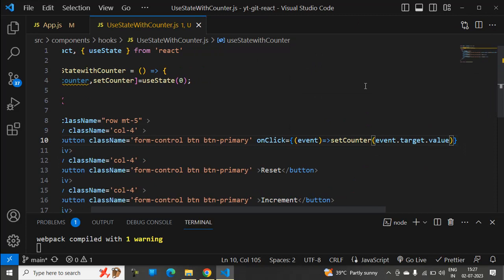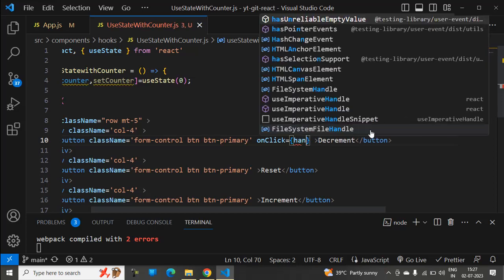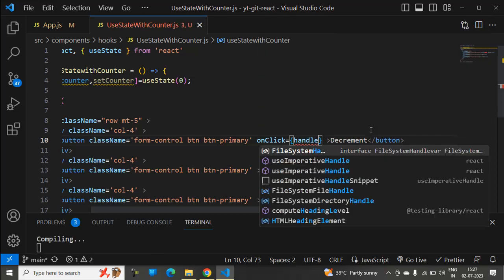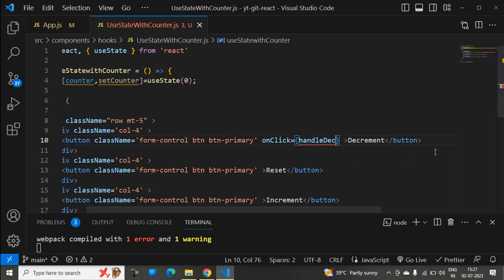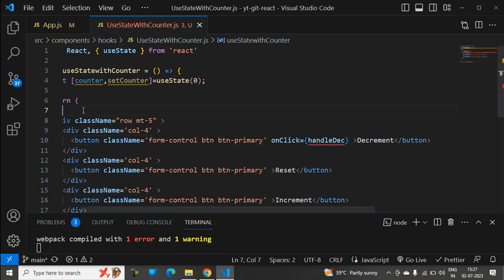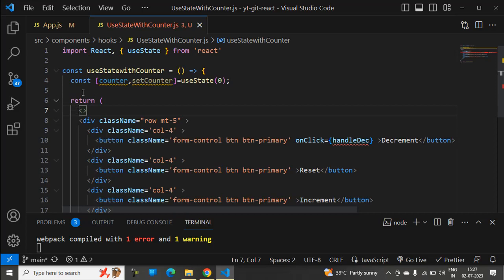So in this way also we can use this, and instead of writing this one, preferably not required here, just use that handle HA and write down the function here and call that outside: handle decrement, handle DEC. And here outside we'll give the method. We'll write the method const